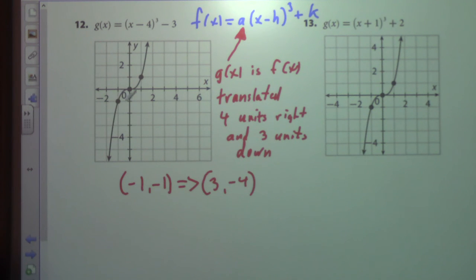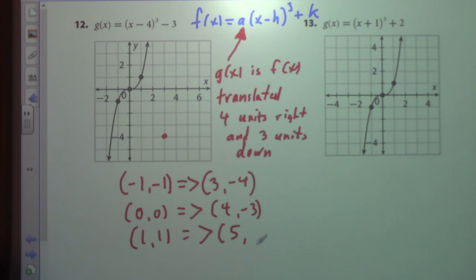And so you can just test, right? 4 units to the right, 1, 2, 3, 4, and 3 units down, 1, 2, 3. So is that right? Yes. Okay, good. What is this 0, 0 going to do? 4 and -3. Okay, and this 1, 1 is going to be 5 and